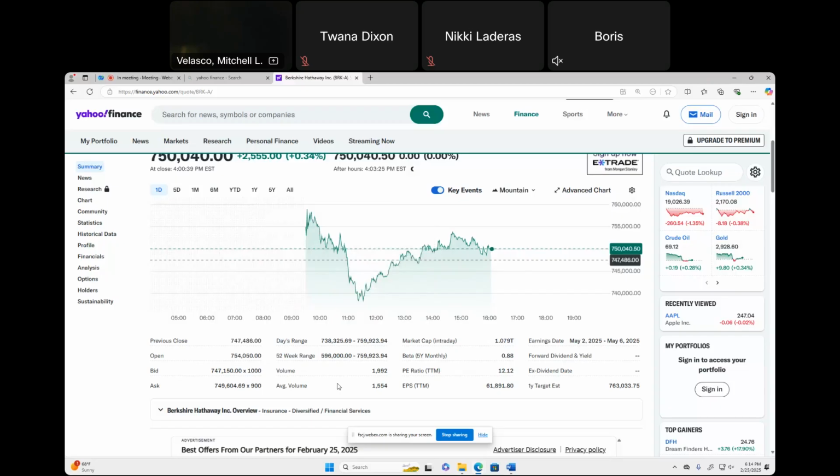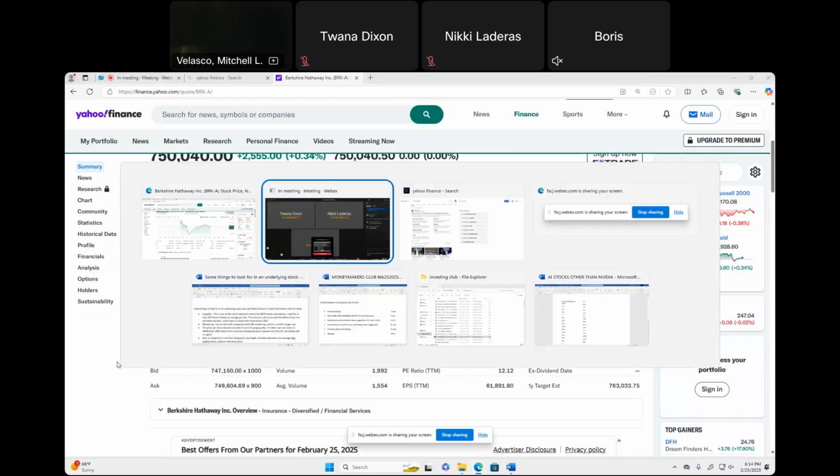So Berkshire Hathaway, very illiquid. Very few shares traded, very large spread between the buying and the selling price. So that is the opposite of what we want to see. A lot of times, like with penny stocks, they are not that liquid, so you're not going to get as fair a price. So with liquid stocks, generally you have a better chance of getting a more fair buying or selling price when you're buying and selling a stock that you want to trade with.